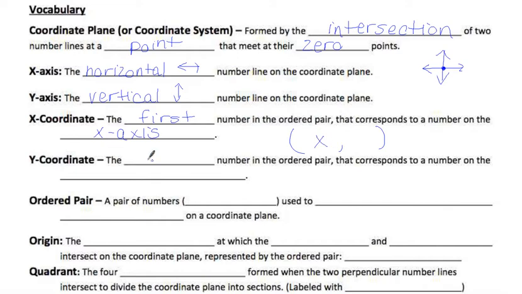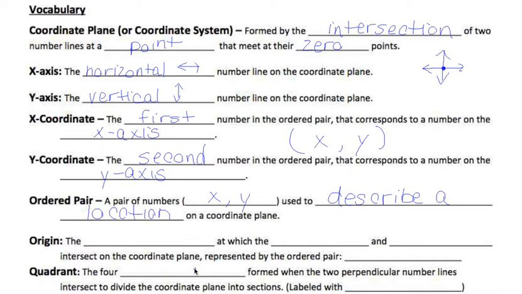The y-coordinate is going to be the second number in the ordered pair, and it corresponds to the number on the y-axis. So the second one is the y. We have the x and y, and they're used to describe a location